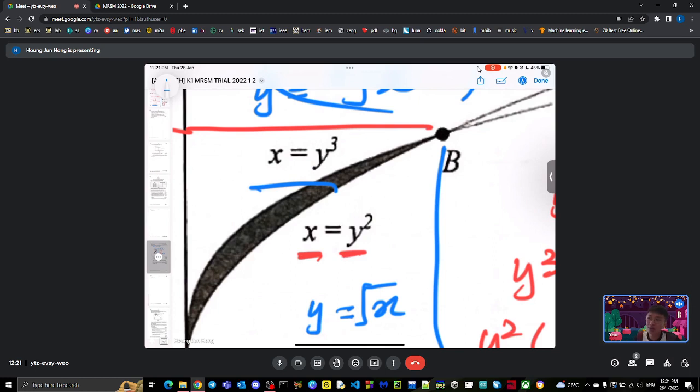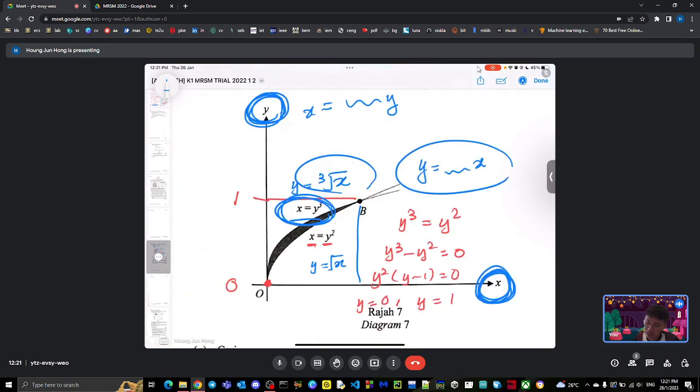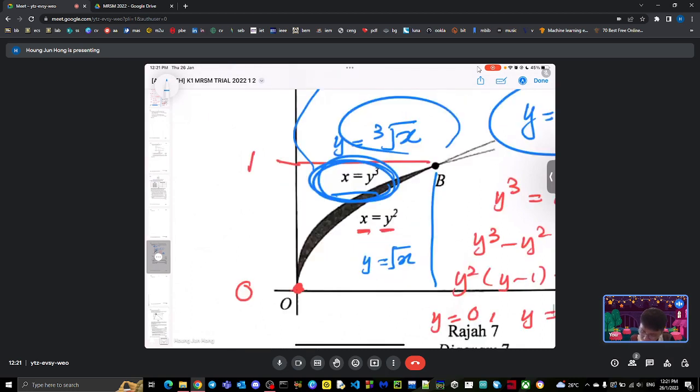So now, to make life easier, you can just straight away do integration towards the y-axis, because it's given in this way, such that it actually fits. It actually allow us to do it easier with integration towards y-axis. Okay, yep. So now let's try to integrate towards y-axis. It would be